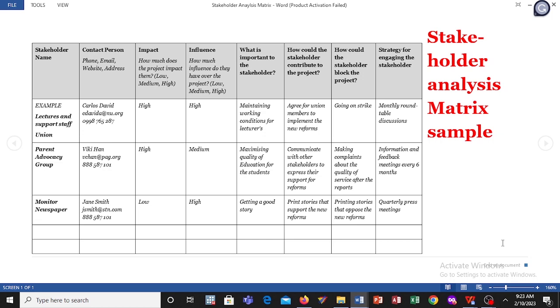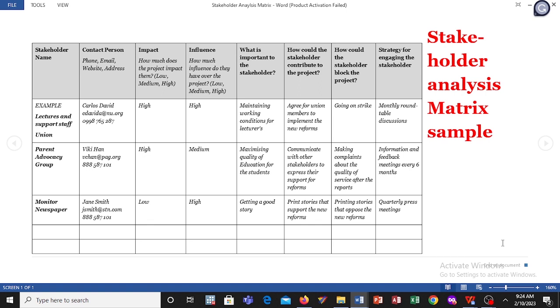So today we're covering a very interesting topic. We're covering stakeholder analysis. Who is a stakeholder? How can you draft your stakeholder analysis? I'm giving you a sample of the stakeholder analysis matrix. But before you look at the sample of how to do a stakeholder analysis, I want to define who is